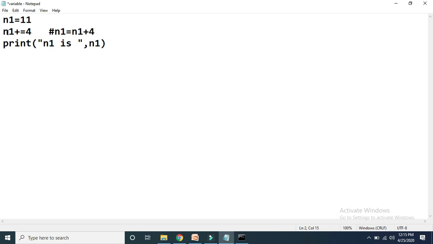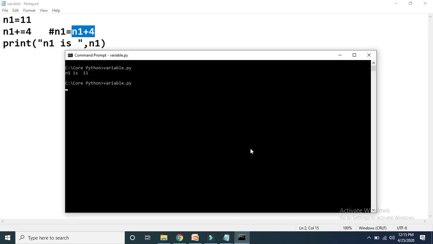After execution of this statement, this expression will be executed. The initial value of n1 is 11, and 4 will be added to it, so it will become 15, and that 15 will get stored in n1 again. Let me show you the output. See here, we have got the value of n1 as 15.